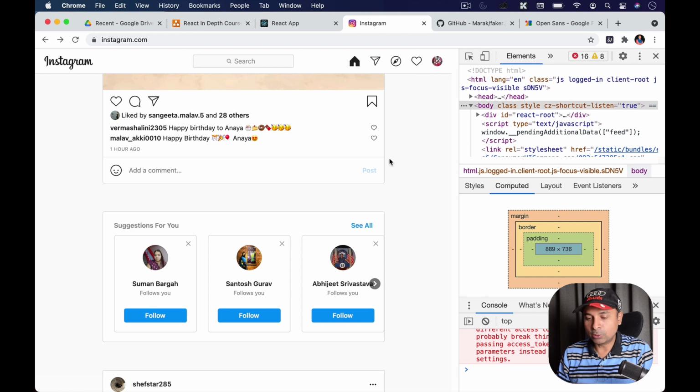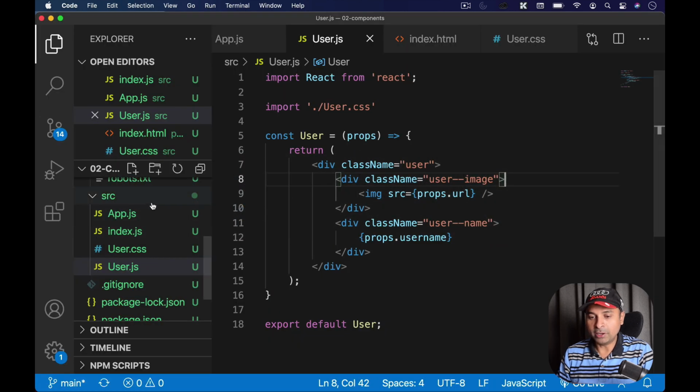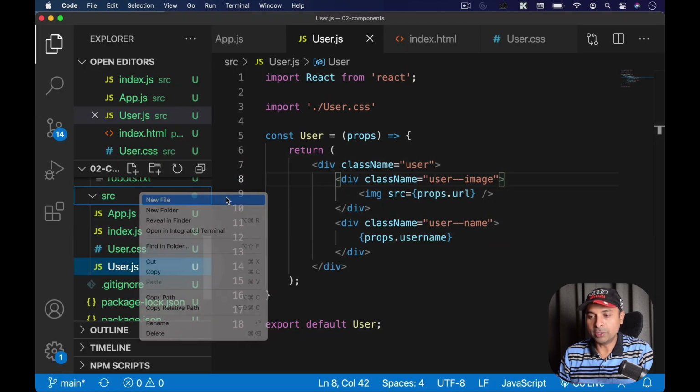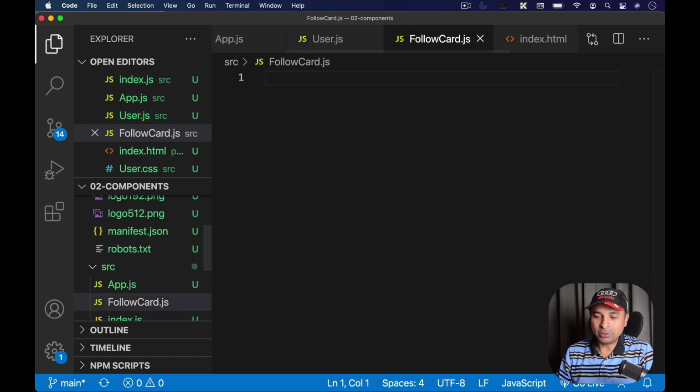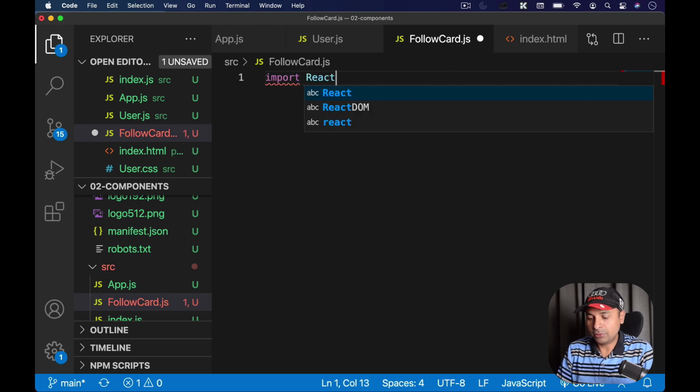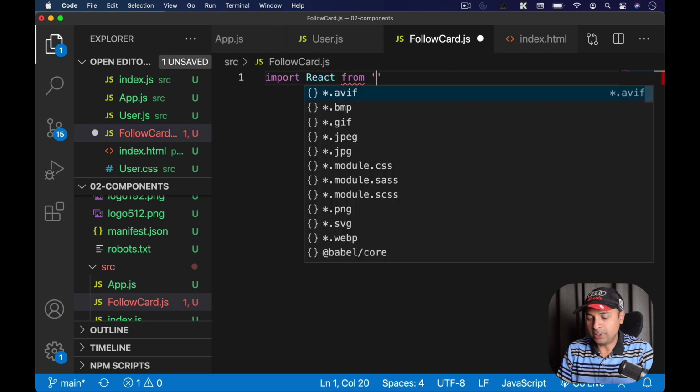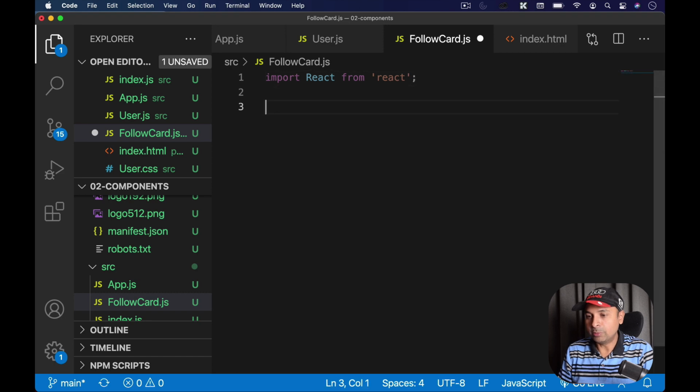Okay, so let's quickly get back to my code editor and I'm going to create a new component here. I'm going to name it followcard.js for now. And we are going to import React from React here, our usual practice.